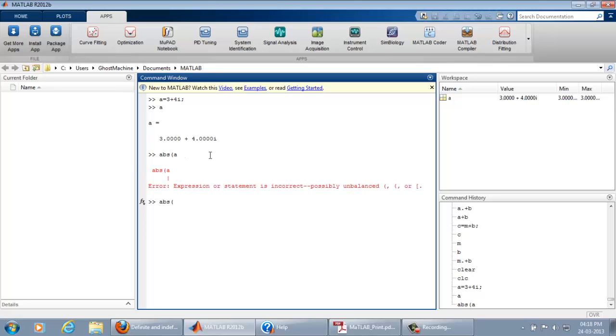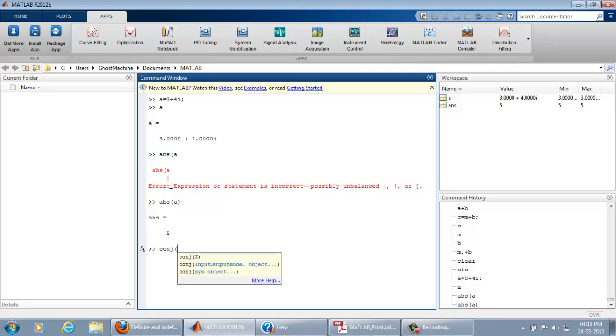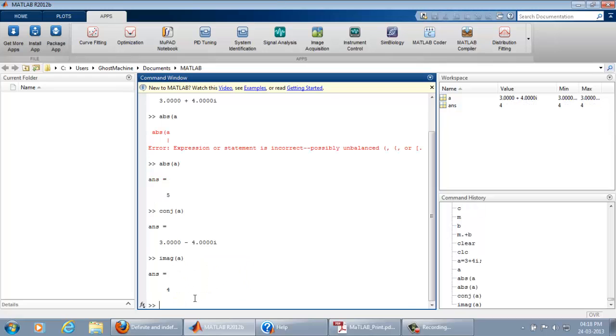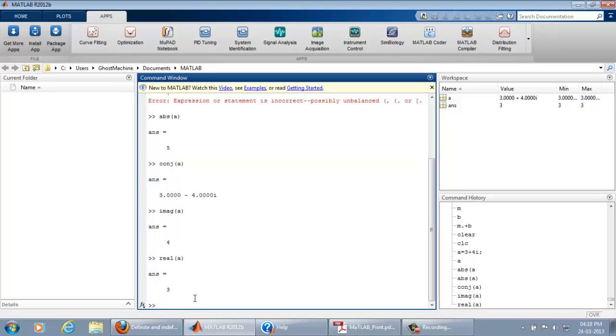Your typing should be good, and this is the absolute value of that complex number. If I want to find the conjugate, then CONJ, conjugate of A, and here is the conjugate. This is the original complex number, and this is its conjugate. If I want to see the imaginary part only, imaginary part of A is 4, real part of A is 3. So this is how we can see everything of a complex number.